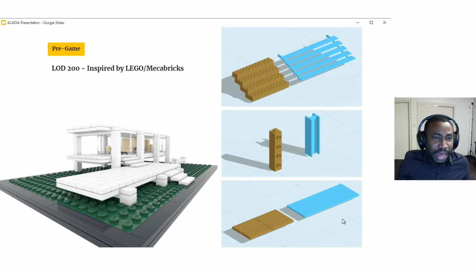Now, what inspired how we worked? We looked at the Lego system. Lego is very basic geometry that could help anybody create anything. And we started looking for online resources, and Mechabricks was the perfect one. So we took assets from Mechabricks and we used them to develop low level of development components